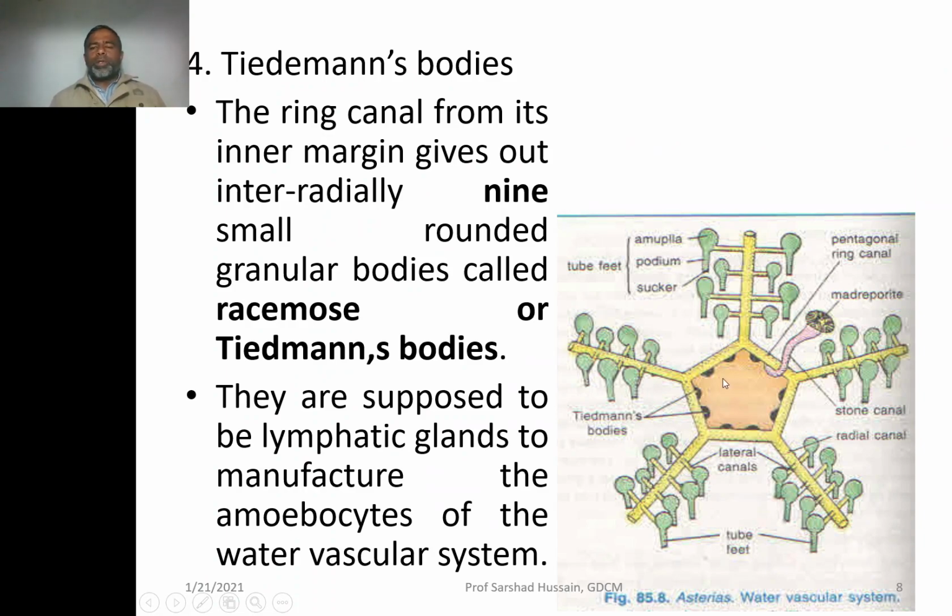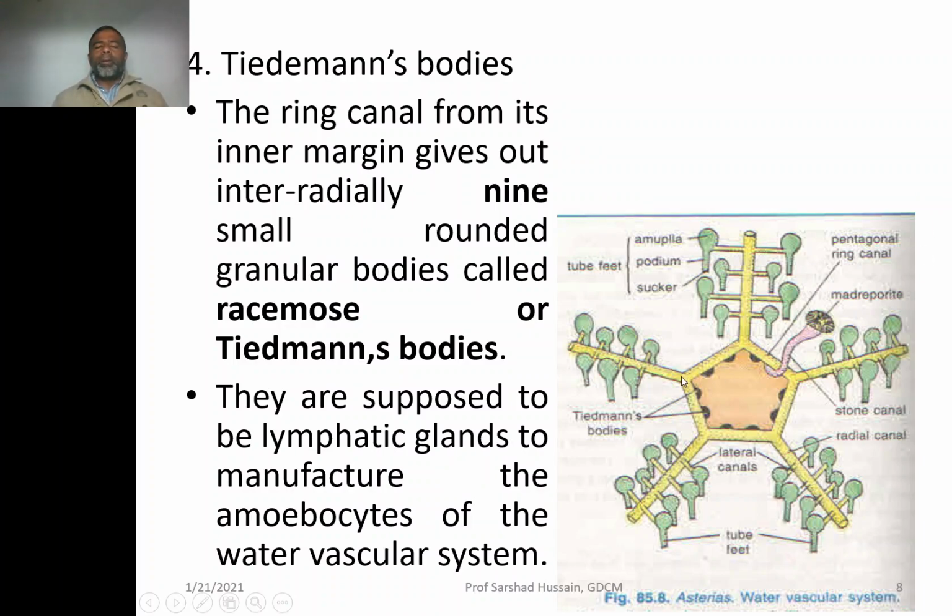Then you can see the Tiedemann bodies. The ring canal, from its inner margin, gives off nine Tiedemann bodies. These are rounded, granular bodies, also called racemose bodies. They are supposed to be lymphatic glands. As the lymphatic system is very prominent in higher animals, these are again supposed to be lymphatic bodies. They manufacture the amoeboid cells